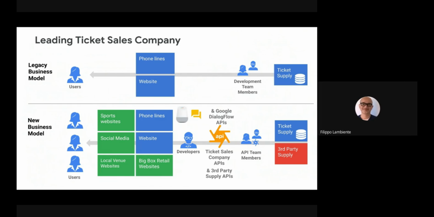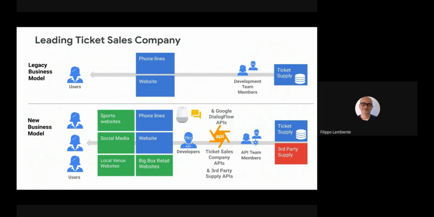Another use case is a US company that sells tickets for concerts, sport events, and so on. They initially started to sell the ticket via a website and with the phone line. And it was not scalable. And in order to make it scalable, first of all, they created this